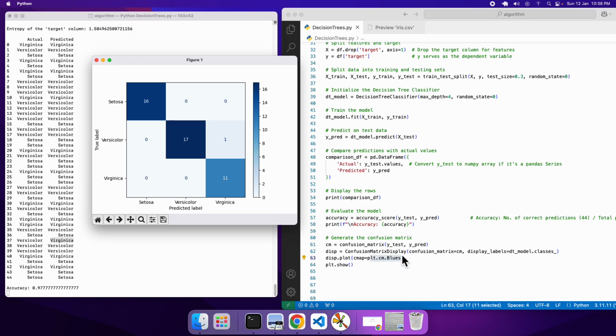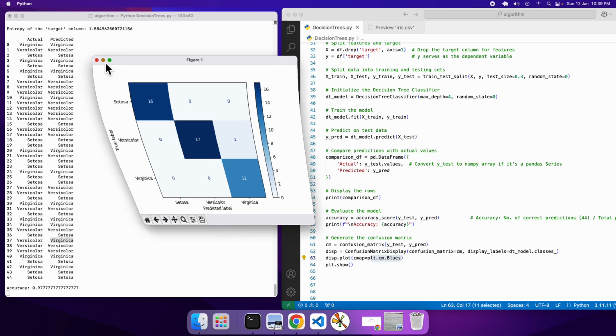So with the help of the confusion matrix, you can rightly compare how many are the correct results and how many are the incorrect results. That's what we are seeing right over here. Again, there are a total of 45 instances, out of which setosa correctly pointed out 16. There is no incorrect result. In the case of versicolor, there are 17 correct results and one incorrect result, which totals 18. And for virginica, there are a total of 11 records, and they are all correctly pointed out. And that's what we are being shown right over here with the help of matplotlib plt, and eventually we are getting this